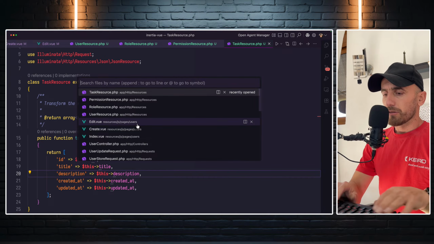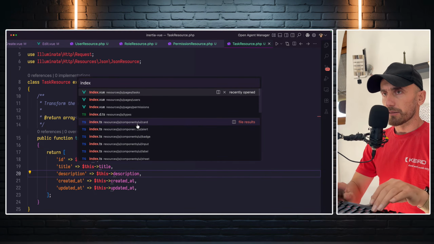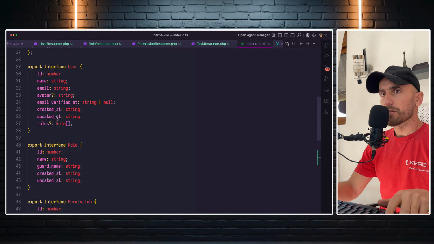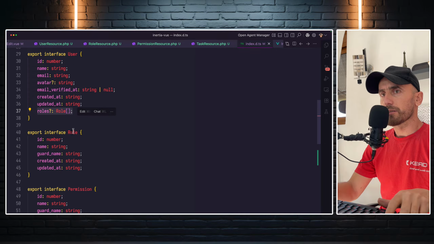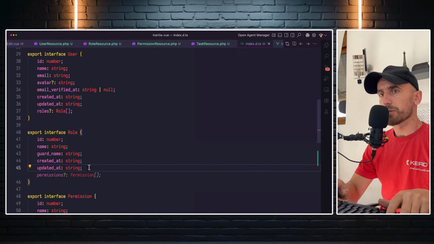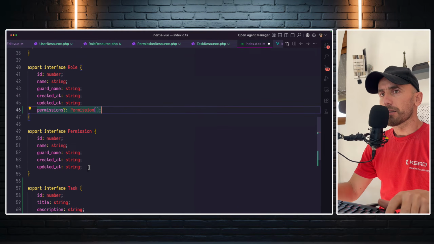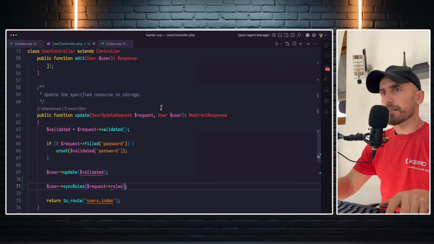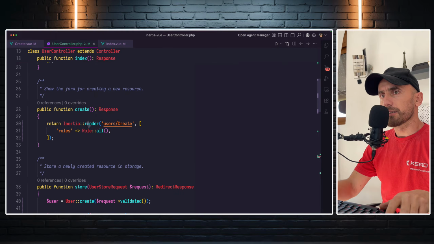I think we need to open also the index.d.ts, and we have user has roles, role ID, name, guard name, and also here we need to add permissions. In the permission nothing. Here we are okay. Okay. Inside the user controller now on the create, instead of